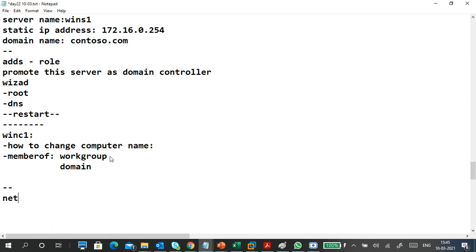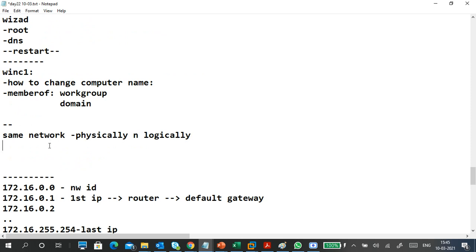Before this, network is important. Make sure that both should be in the same network, physically and logically. It means the IP address and the network connection should also be the same.